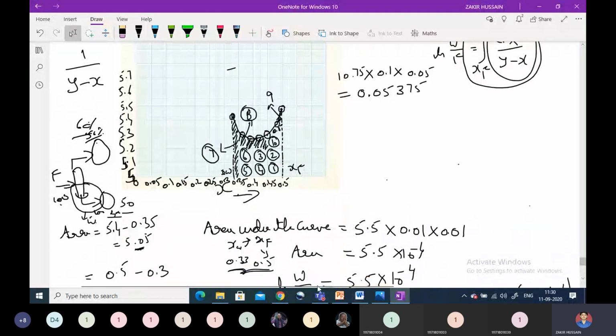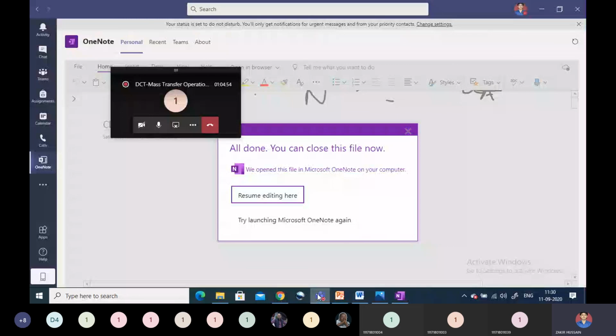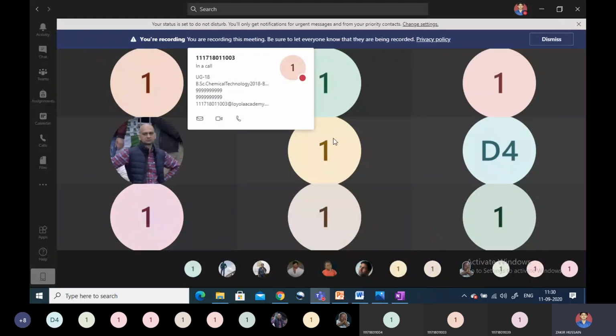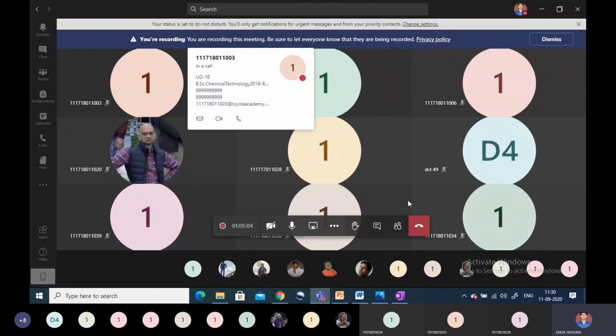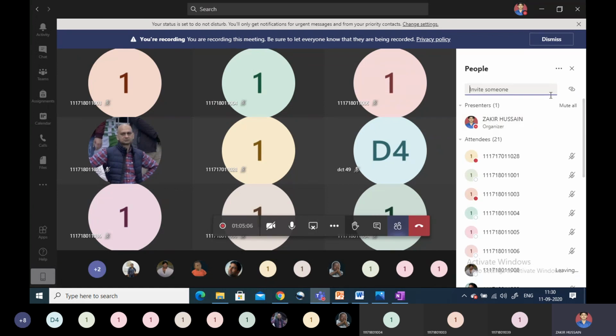Okay, then I will try and let you know in the next class. No problem, let's see what happens. Just you also please try the problem. Okay, in the next class I will try to solve this problem. The third order is also mine, so instead of CT2 I will take MTO1.